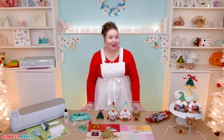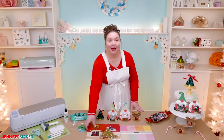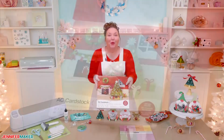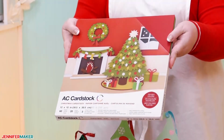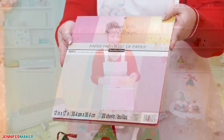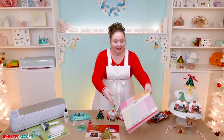Now, to make these candy crafts for Christmas, we need a good quality 65 to 80 pound cardstock, such as this American Crafts Christmas pack with all of the traditional colors. I also use this pack of glitter cardstock for a little extra sparkle. Links to these papers are available in my supply list at